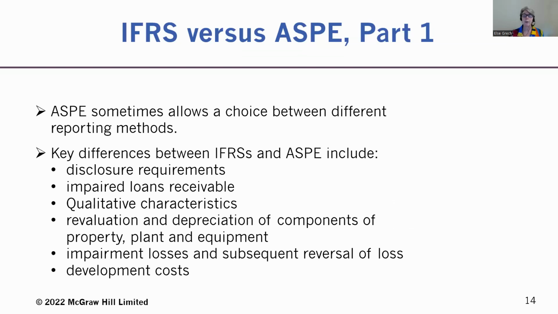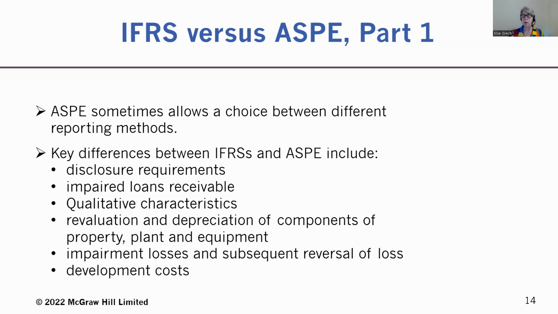You've already covered the differences between IFRS and ASPE in your intermediate financial accounting courses. You've actually been exposed to the differences between the two standards. However, as a review, the key difference, I think, between IFRS and ASPE is really the disclosure requirements. ASPE requires far fewer notes to the financial statements. If you look at public companies' financial statements, they'll often have notes to the financial statements which are 20 to 100 pages long. So that's like a major difference.